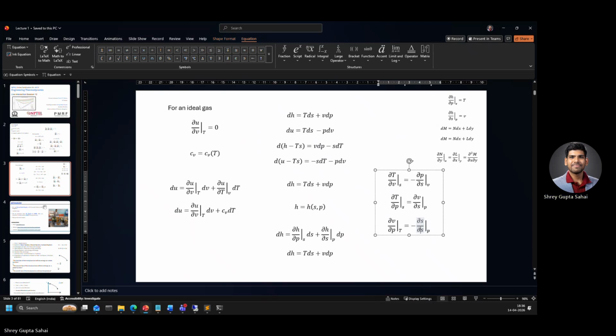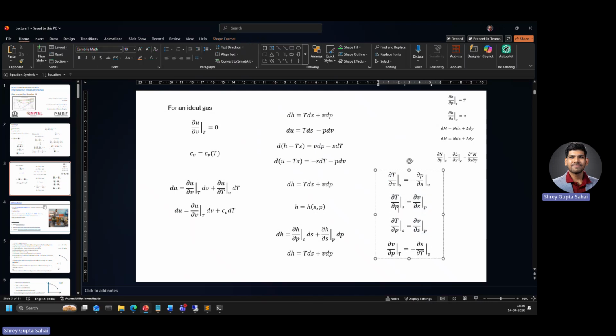This will be T comma. This is the fourth Maxwell relation. Mind, this is a Maxwell relation in thermodynamics, okay? And then the fourth one is